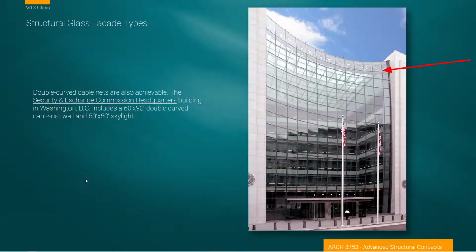And in its most extreme way, this is a really beautifully double curved system. The idea is the cables, just as you would pull a cable net of any form over certain shapes, there is a certain kind of conformance to that shape. In this case it is doubly curved, which means you can see that it's curving outward as we go up, and it's curving inward at the same time. The cables are pushed out further at this point, pulled back here, but they all have the same amount of tension in them